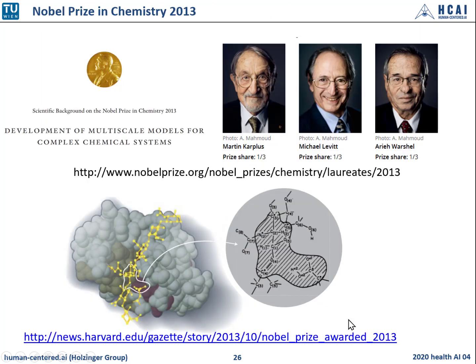In 2013, due to graphs, this is just to demonstrate how versatile graphs are. So protein modeling, coming back again to protein modeling, is one of the big challenges, and for the work on these proteins, these three people got the Nobel Prize in Chemistry in 2013, so it's not so far in the past. And you see, this is pure graph theory.